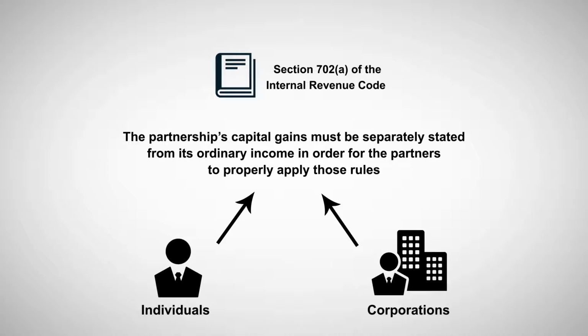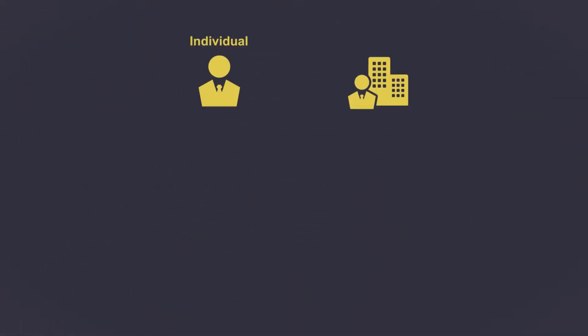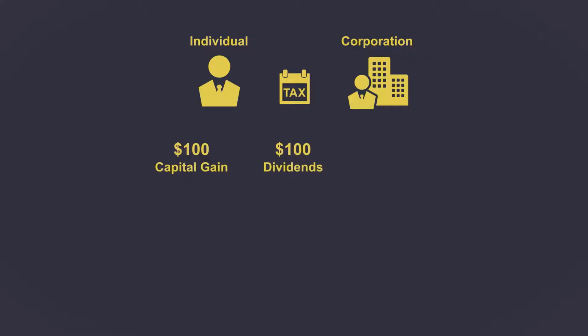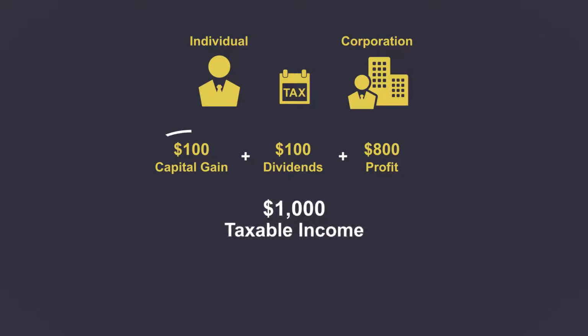Consider, for example, a partnership with two partners, one an individual and the other a corporation. During the given taxable year, the partnership recognizes a $100 capital gain, receives $100 in dividends on stock of a corporation that it owns, and recognizes an $800 profit on a trade or business activity in which the partnership engages. Overall, the partnership has recognized $1,000 in taxable income for the year, but it must report each of these items separately